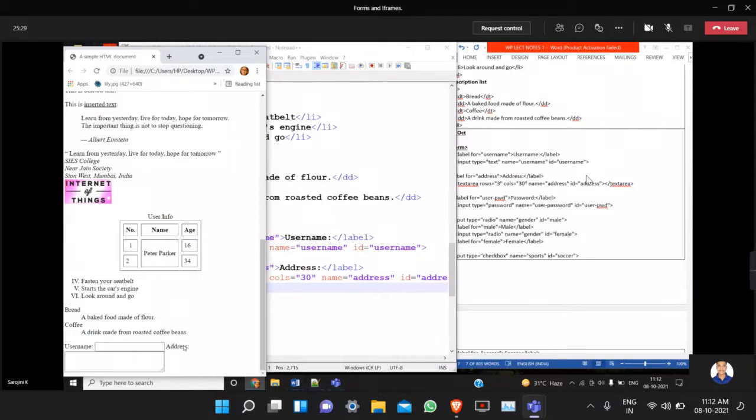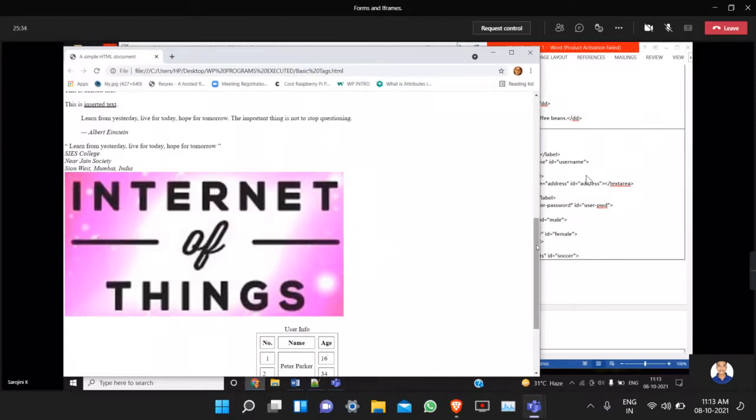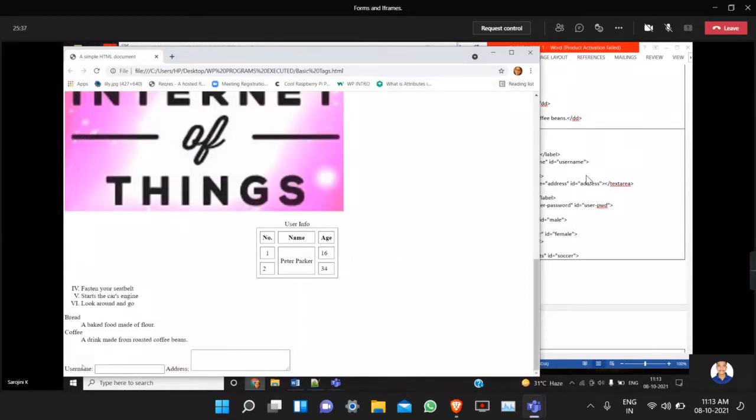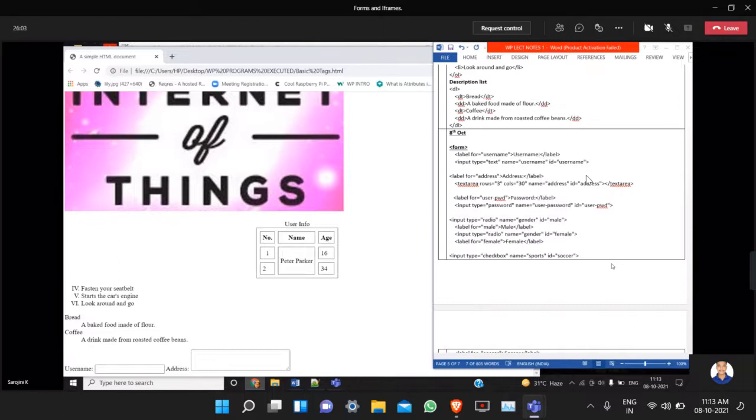See, now the address went here. Maybe if you resize. Now see here: username, small text box, single line text box. Address, multiple lines text box. Here 2 rows of text you can enter. Even you can enter more than that also, but at a time only 3 rows of text will be visible. If you count the number of characters typed in a single line, that would be 30 characters. Why is it so?